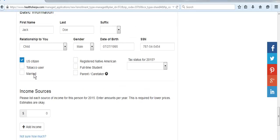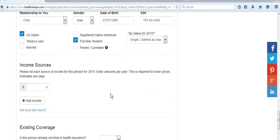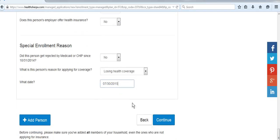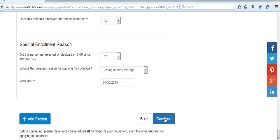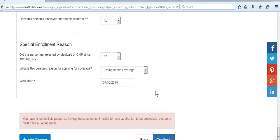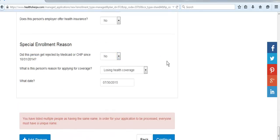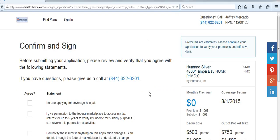1995. If you have a household member who you claim on your taxes but already has coverage elsewhere, you still add them here. You just put no, and you don't need their social. You just need their name, obviously your relationship status, and their date of birth. So Jack is unmarried. He is a full-time student, and he is claimed as a dependent, and he has zero income. So no current coverage,